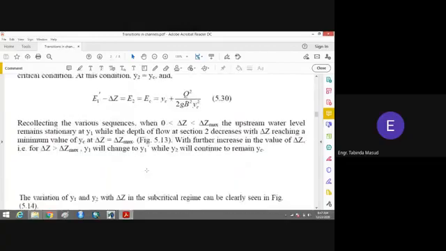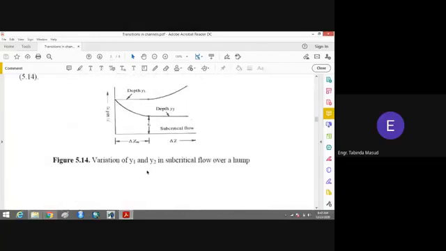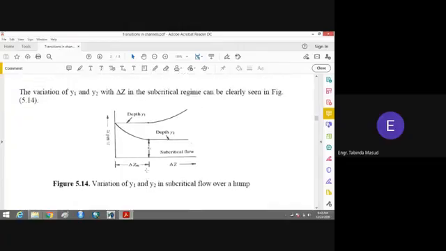Here is another graph. You can see that this is a plot between the depth of the flow and the height of the hump. On the x-axis we have taken the height of the hump, and on the y-axis we have taken the depth of the flow. You can see that initially this is the depth of the flow. Okay, this is any depth of the flow. This is the initial situation. And what happens